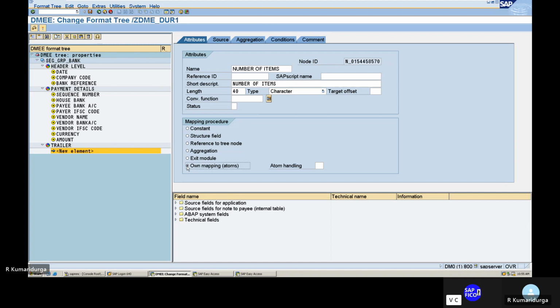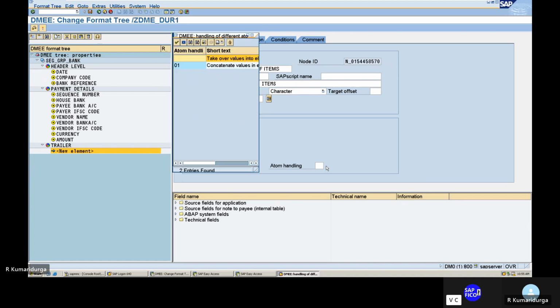Why do we need atom handling? All of you have a number of invoices. To segregate each and every invoice into the particular number of items, we need atom mappings. In that atom mapping, we need to handle those things. What are those handling things? Can you go to that